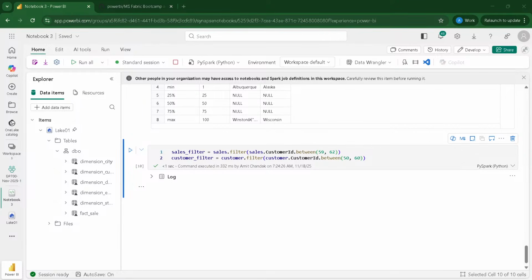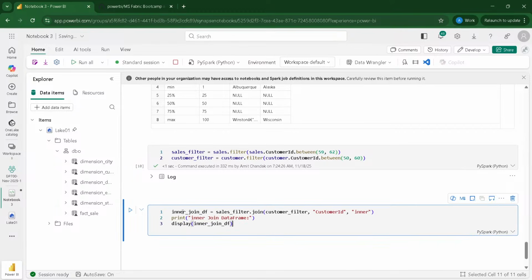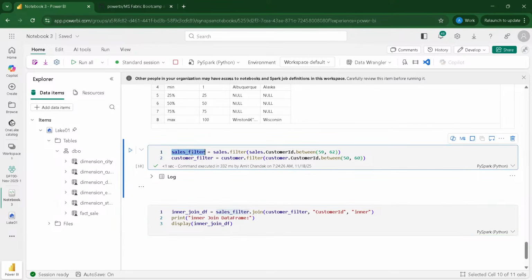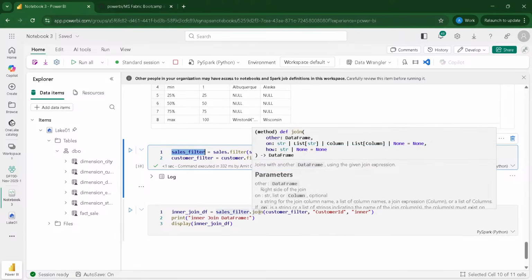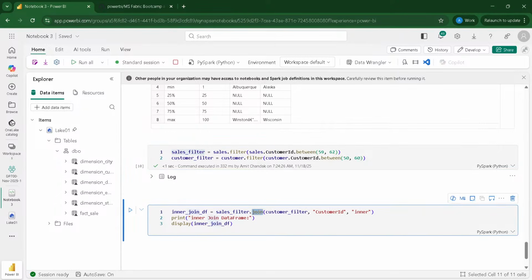So the first thing we want to learn is inner join. How do I do the inner join? I'm going to create a new data frame, inner join df. This is just a name. Sales.filter is my first table which I created. Sales.filter is not the filtering mechanism here, it's the data frame which is already available above. And sometimes I may call it a table because I am coming from the SQL world where we have tables and then joins. But here it is a data frame already in memory. So sales filter dot join, and then we give the second table name. What is my second table name? Customer filter, which already has the filtered data, and the join column customer ID.